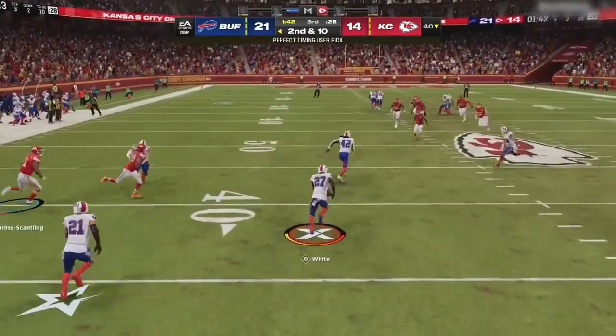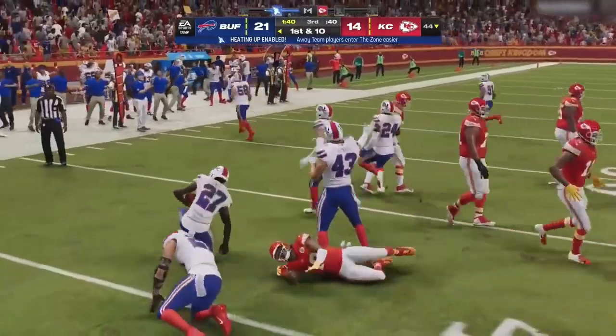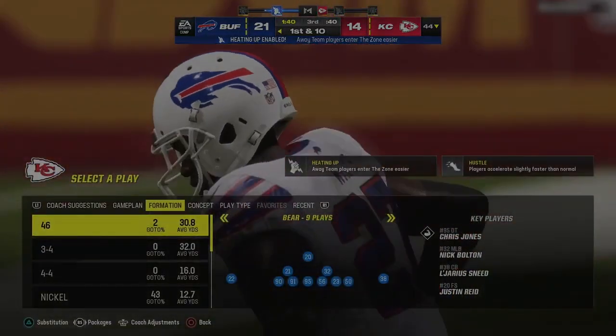And that's Trey White, too, in the zone. I think his zone range is actually pretty high in this game. I could be wrong. It's not bad. I think it's pretty high. And last year and years past, like, you had